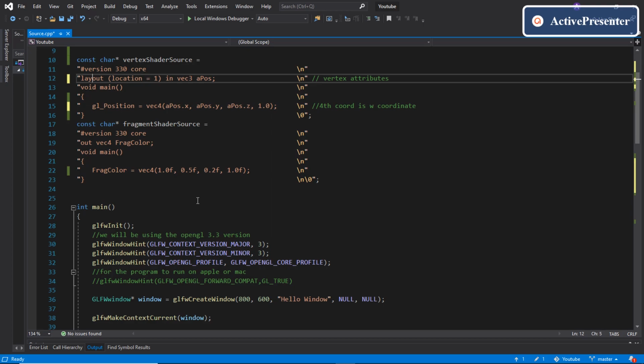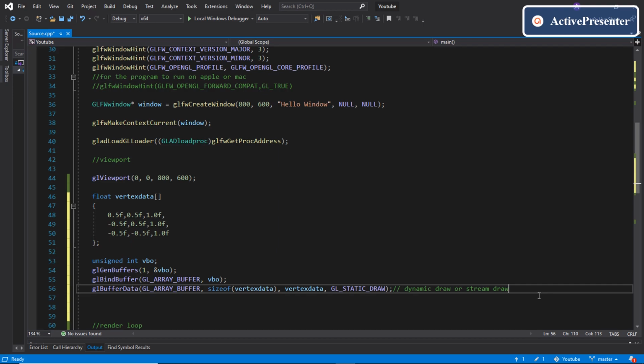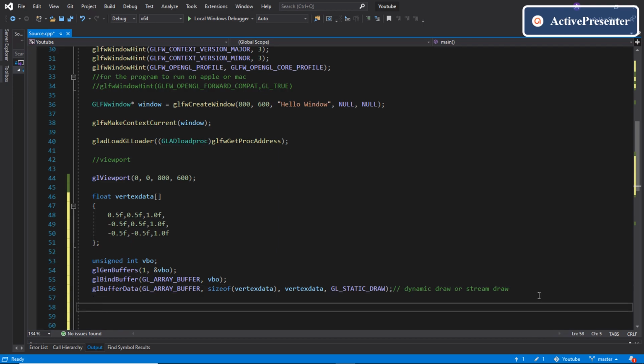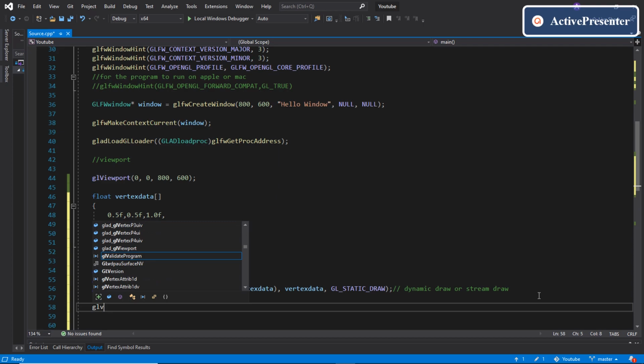This layout displays a pointer. So we have created a vertex attribute pointer to this vertex attribute aPosition. To access this vertex attribute pointer inside our main function, we'll use this function called glVertexAttribPointer.